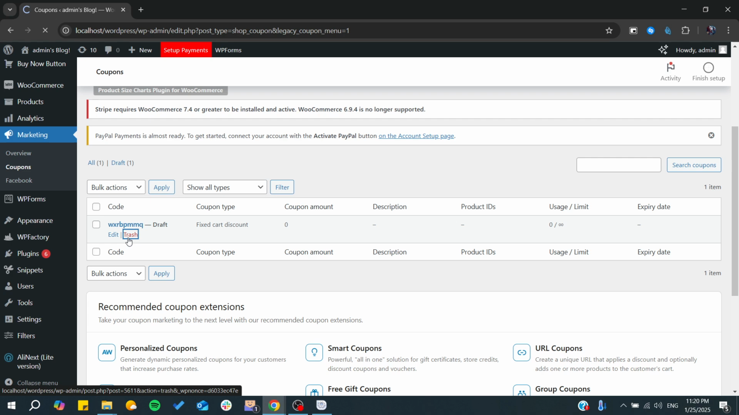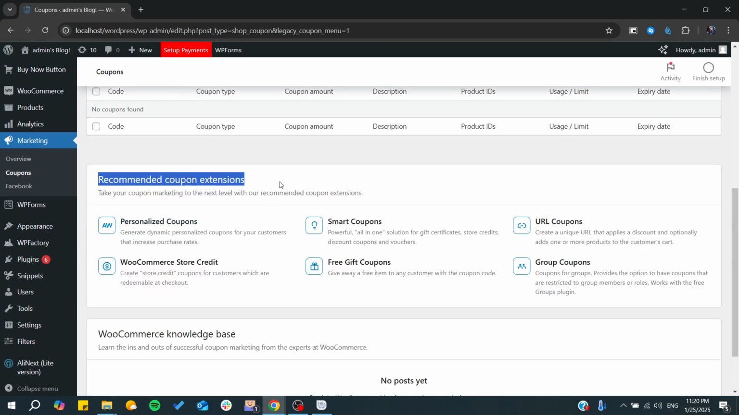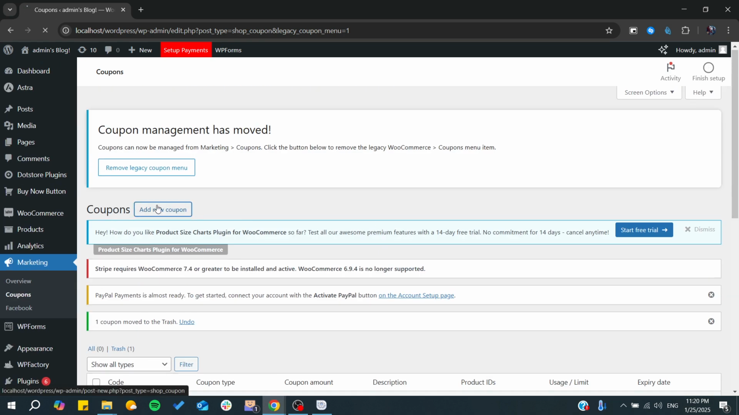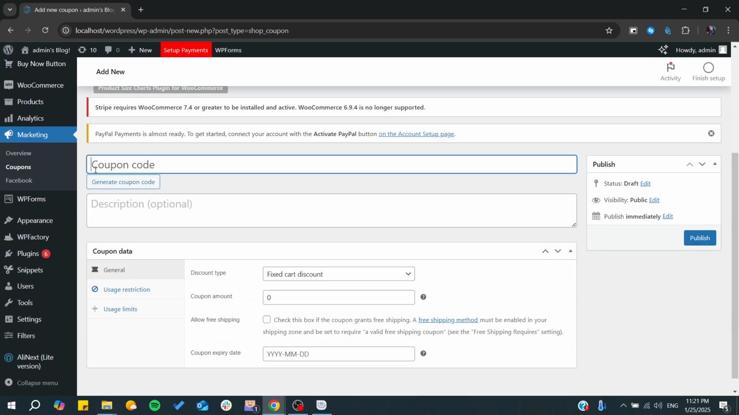So let's just get rid of this one. And basically, there are already recommended coupon extensions that you can start using, such as Smart Coupons, URL Coupons, etc. And all you need to do is click on Add new coupon, and from here you will find the coupon code. So basically, to generate the coupon code, you will need just to click on Generate, or you can